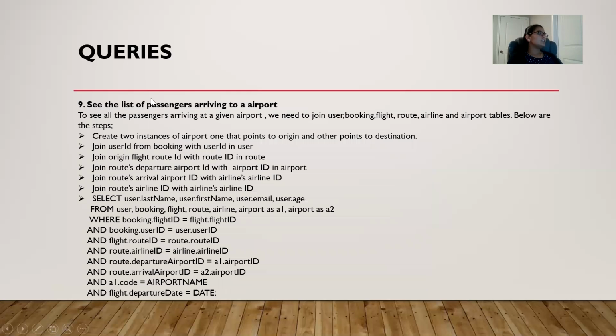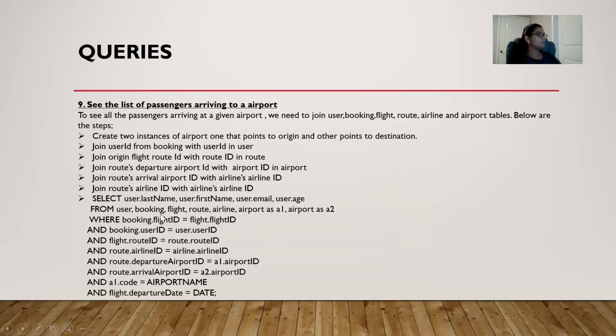Now let's see the list of passengers arriving to a particular airport. So to see all the passengers arriving at a given airport, we need to join user, booking, flight, route, airline, and airport tables. Below are the steps. Create two instances of airport, one that points to origin and the other that points to destination. Then we join